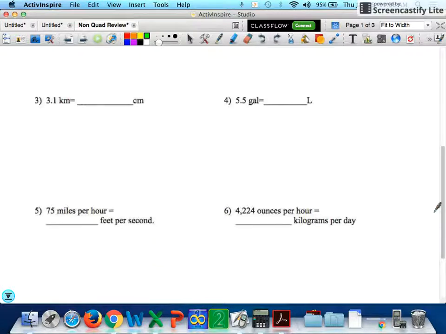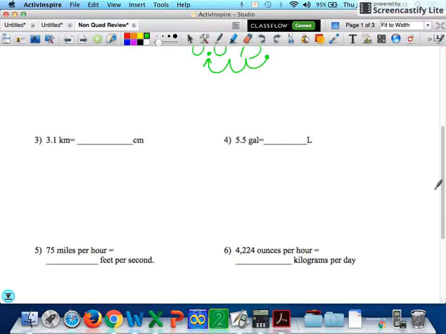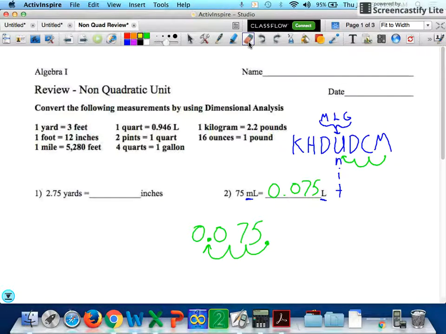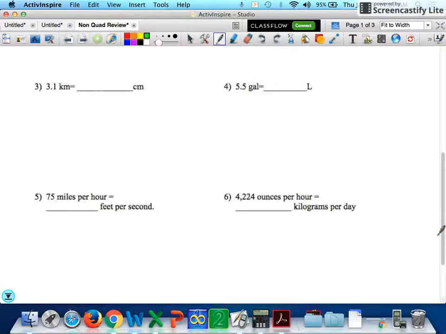We need the same set of letters for number 3. That's 3.1 kilometers into centimeters. I'll erase my last steps, but I still want the same letters. Kilometers is right here, and we want to go down to centimeters. So we're going 1, 2, 3, 4, 5 hops to the right. This one already has a pre-existing decimal. It's 3.1. If we want to go 5 hops to the right, fill in any gaps you have with zeros. That would be my new decimal. Therefore, my answer should be